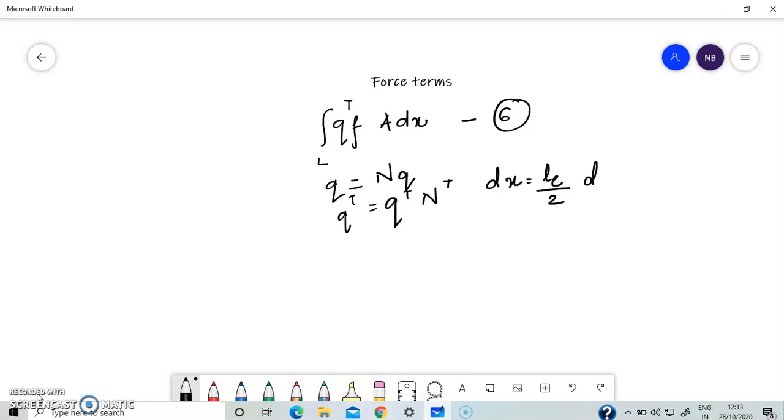These terms we had used in the derivation for stiffness matrices. Now substituting all these values in equation 6, we will get